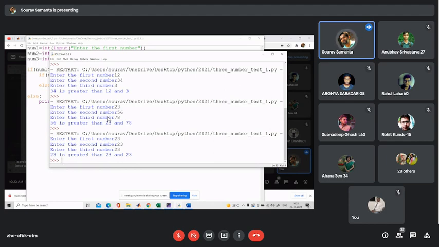Working does not mean that the program is correct only from the syntax point of view. It should be correct also from a logical point of view. Are you getting the desired output or not? So here you are not getting the desired output. So we have to put another logic here.